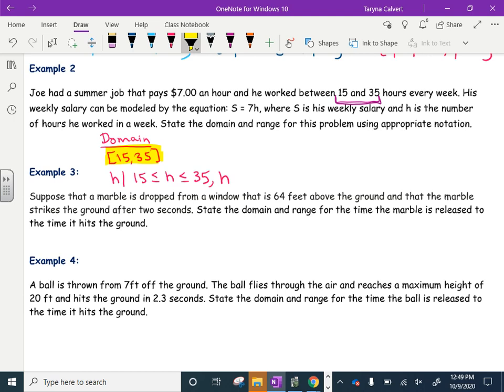Can he get paid for 7.1 hours? Can he get paid for 7.16 hours? So would this kind of fall under more discrete data than continuous data? If that's the case, I would say yes as well. I know that he can get paid maybe 7.5, but all points in between don't have meaning. Do you guys agree with that? So therefore,